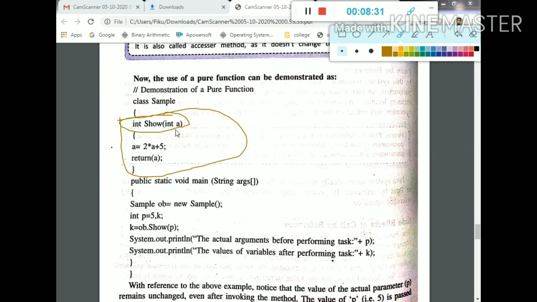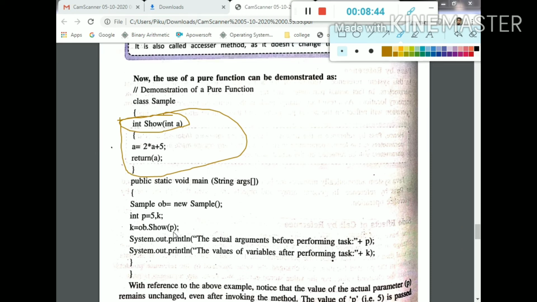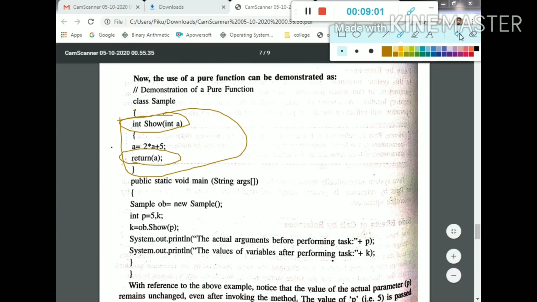Here a is the formal parameter, and when we call the function, p is the actual parameter. A pure function must return a value, and here it returns a, so that is an example of a pure function.